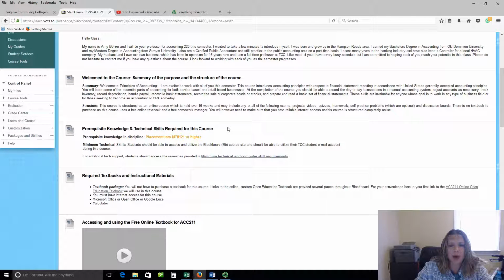Prerequisites for Principles of Accounting 1: you have to have taken the math placement test and placed in Math 121 or higher. If you did not do that, you shouldn't be allowed to register for the course. That being said, people freak out about accounting because they think it's a lot of math. It is a lot of math, but it's more about knowing the accounting rules. The highest level of math you really have to do is knowing how to add, subtract, multiply, divide, knowing how to solve a basic algebraic equation, like if you're given 3 variables, solve for the missing one, and being able to work with percentages, converting a percentage to a decimal, and a decimal to a percentage, vice versa.